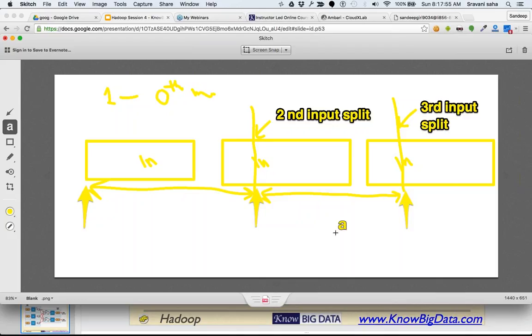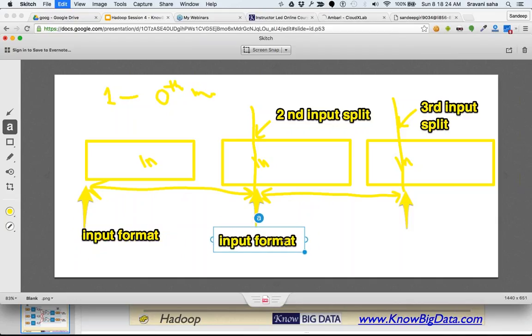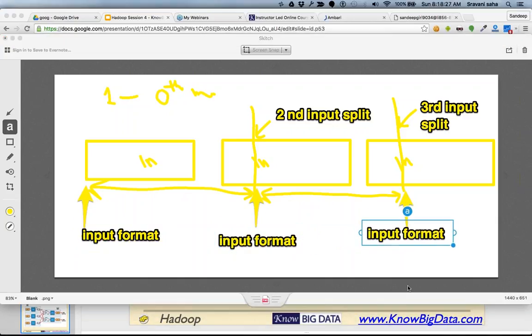Now, after it is done, it will start parsing the actual data. This section will not be parsed by this one. It will be parsed by this one. So this is an input format, or you can say input formatter if you want a noun. Make sense to you? It's happening in parallel on every node, and the first thing that happens is identification